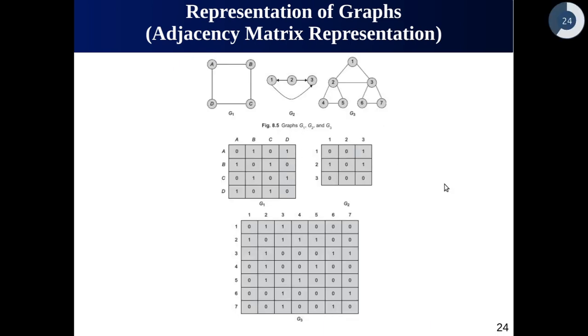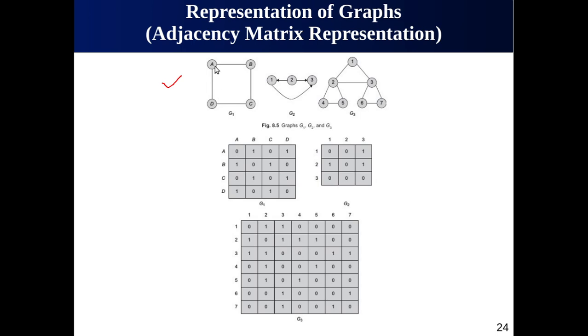These are some more examples. Actually, we have 3 graphs and their representations are here. Let us consider this first graph, G1. How many nodes do we have here? 4. So first you have to decide on the matrix, that is a 4 by 4 matrix, and then you have